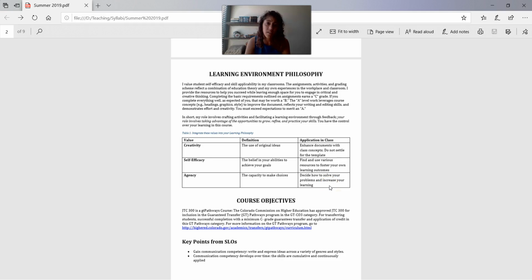So you'll see there's activity options, which we'll go over. So it's on you to decide, that week, which activity you need to work on and which activity you want to do. That's going to help your learning and sort of apply to your industry and careers the most. So creativity, self-advocacy, agency, part of the philosophy, you can read more about that, but really in short, the important